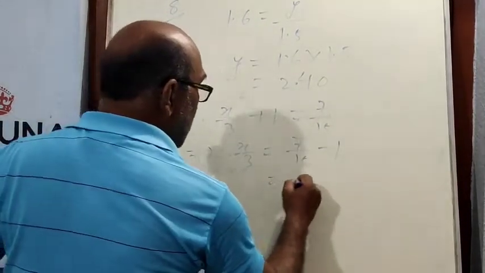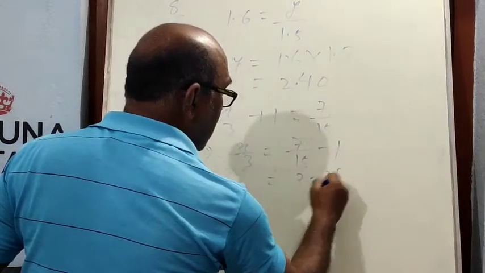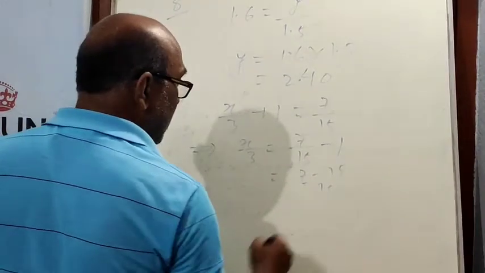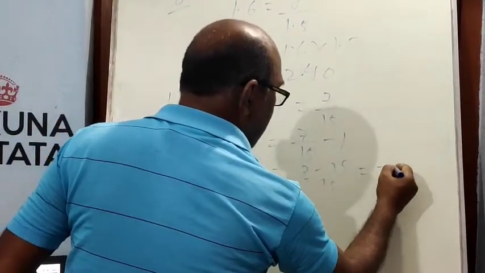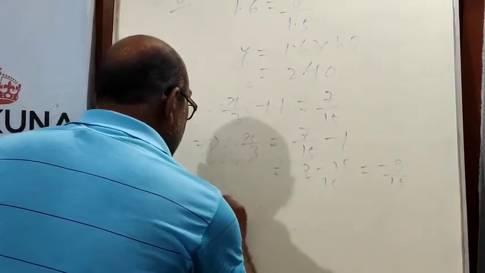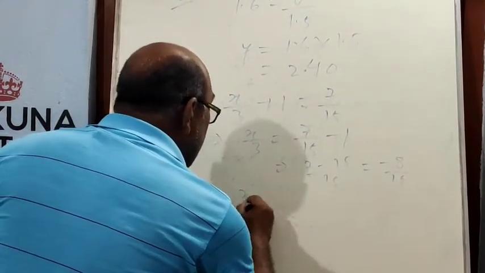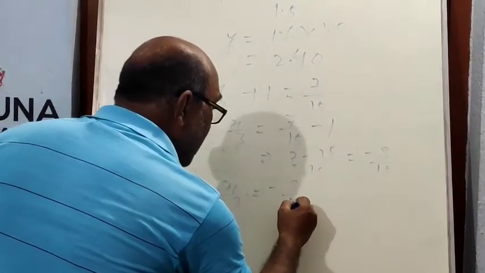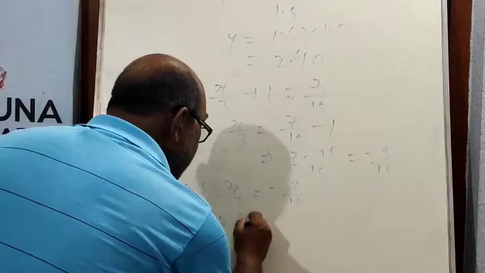And this equal to 7 minus 15 by 15, since LCM of 15 and 1 is 15. And this equal to minus 8 by 15. And therefore x by 3 is equal to minus 8 by 15, and x is equal